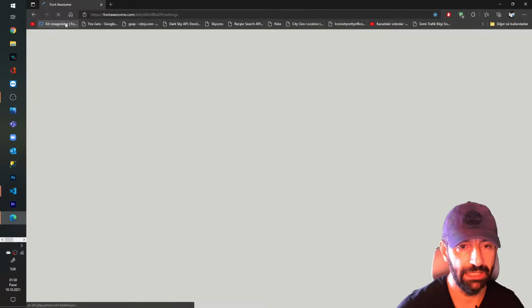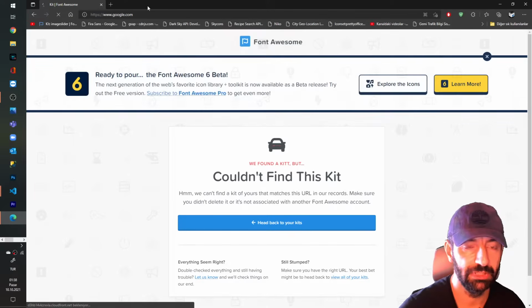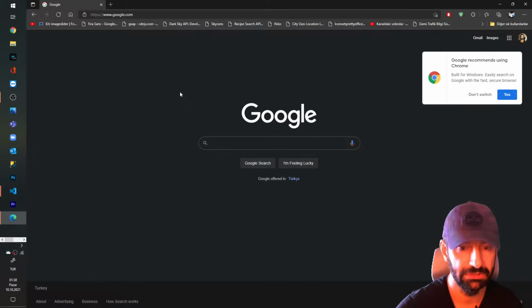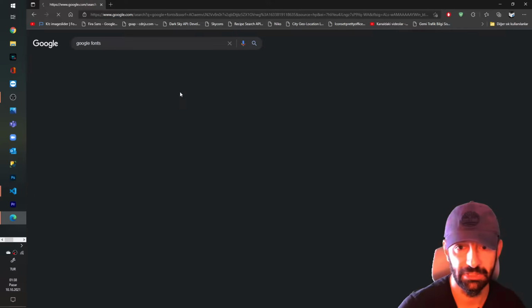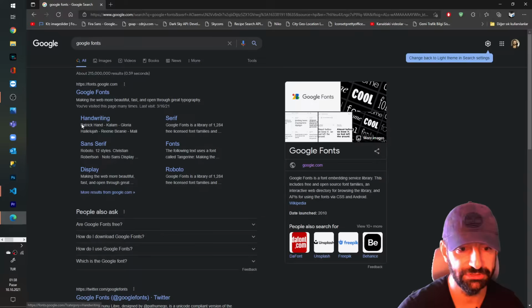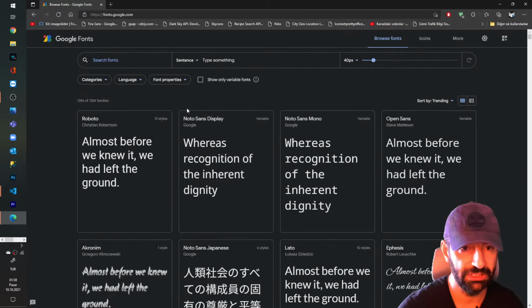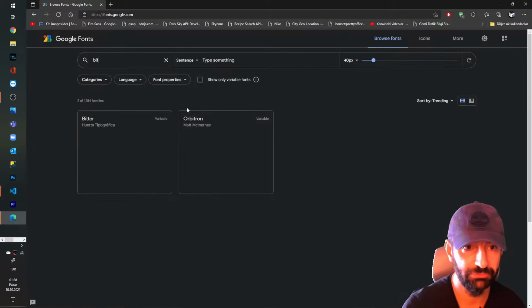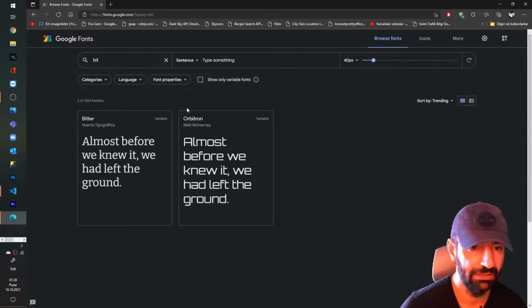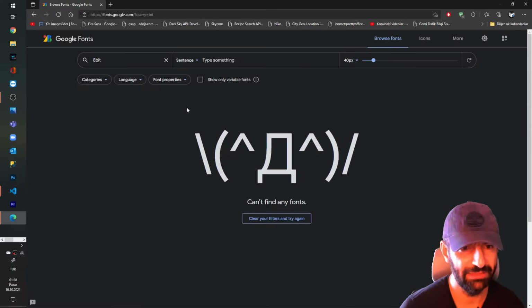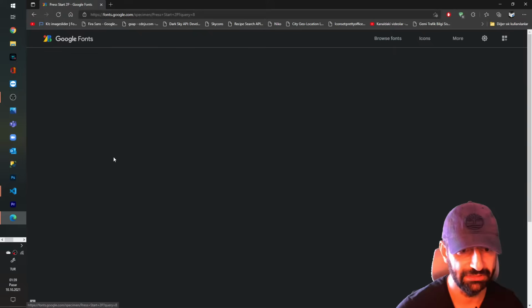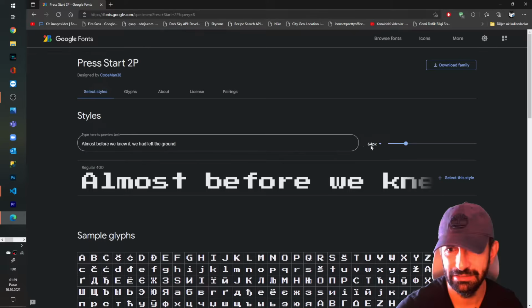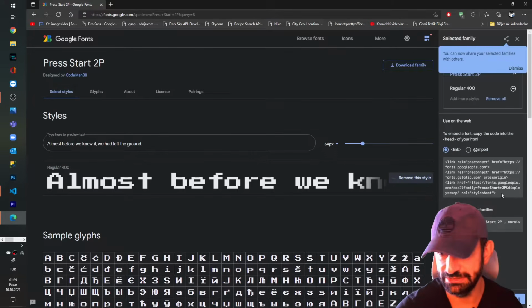I go to Google Fonts, and in the search fonts I type bit, which is going to be the 8-bit font. Press Start, my gaming font style.